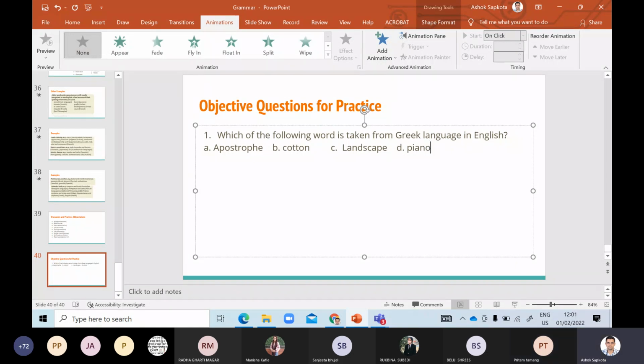Apostrophe. Very good. Apostrophe is the correct answer. But sometimes the same question can be asked in different forms. You see, number 2, let me give you the word, try it. The word, think carefully, tycoon, is derived from